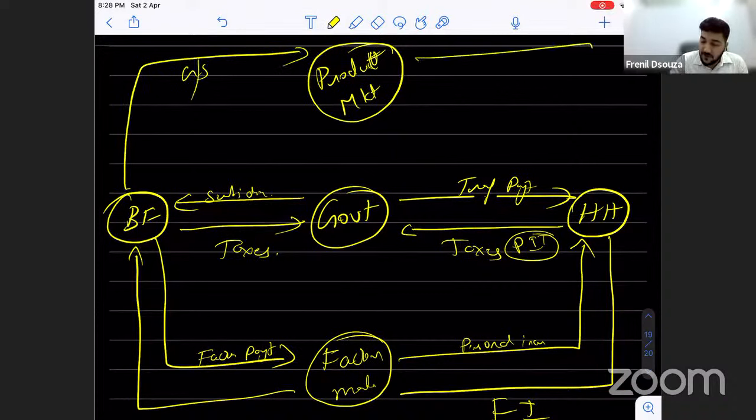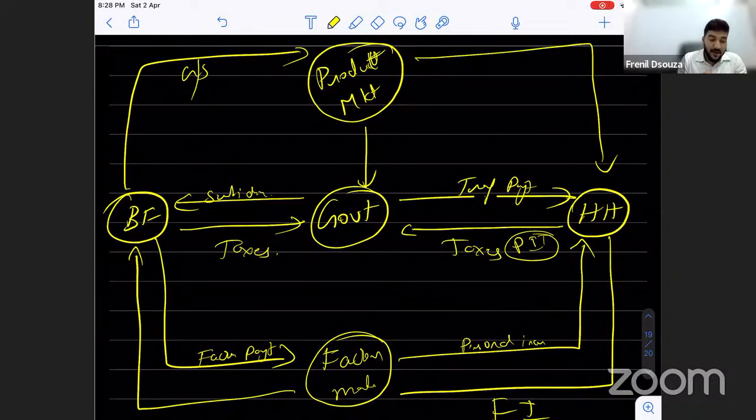And these goods and services in turn are bought by households, and some of the goods and services also are bought by government, isn't it? Right? There are so many activities of the government which are solely handled by the business firms. Government also takes services. For example, government offices need internet, but government doesn't produce internet. Internet they take from the private players, isn't it? So the service which is offered by business firms is taken by government as well.